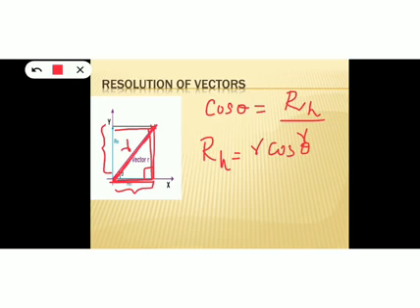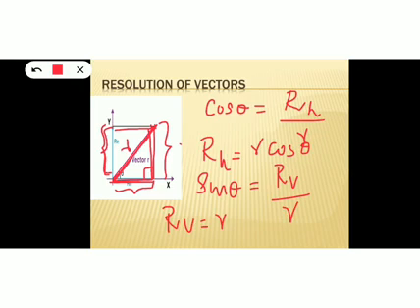Okay. So this is the value of the horizontal component. The horizontal component of vector r will be equal to r cos theta. Now, what will be sin theta? Sin theta is equal to opposite side by hypotenuse. From this figure, this is the opposite side, and this side is parallel to this side, isn't it? So that means RV. So sin theta is opposite side RV divided by hypotenuse. Hypotenuse is the same, that is R. Therefore the vertical component RV is equal to R sin theta.